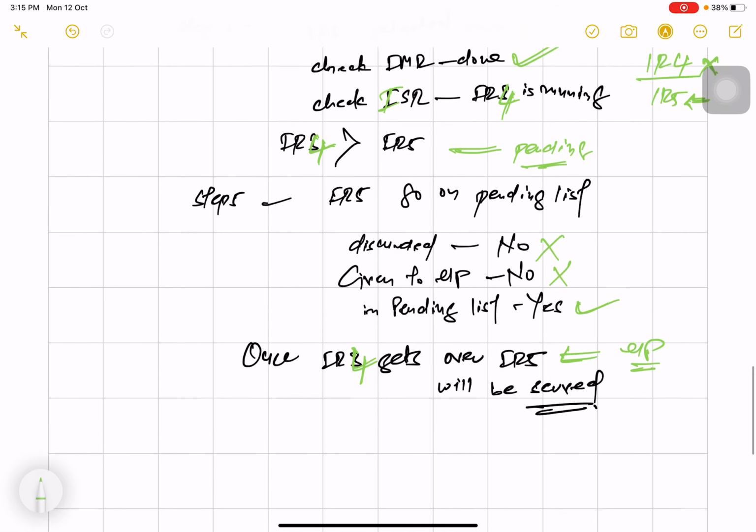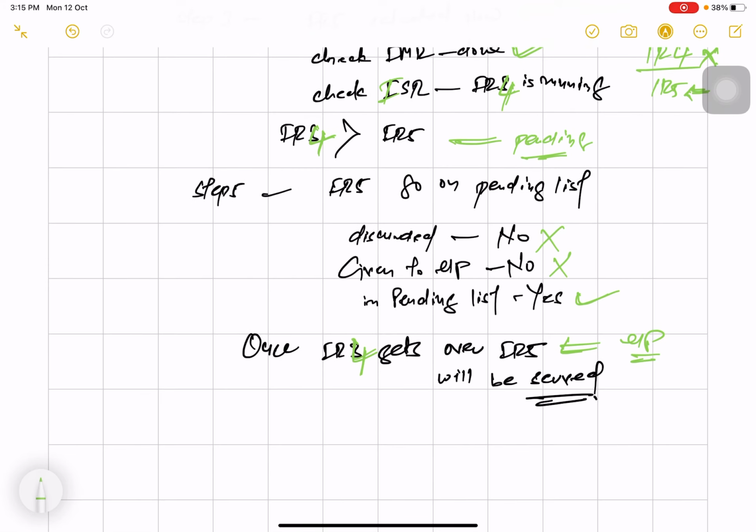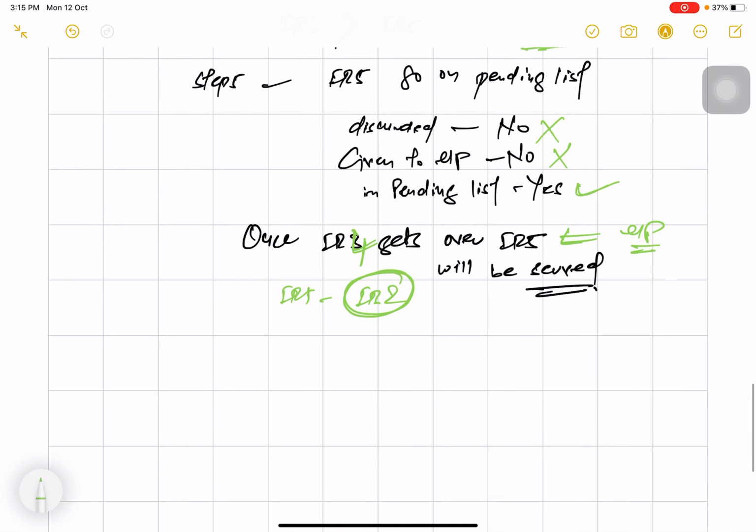Suppose the same scenario, but instead of IR5, IR2 occurred with IR3. What happens in this case? My current IR4 is running, and IR2 occurred.